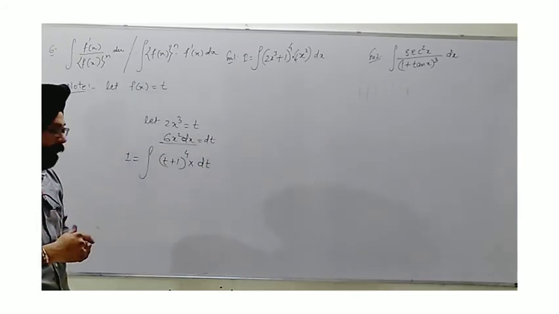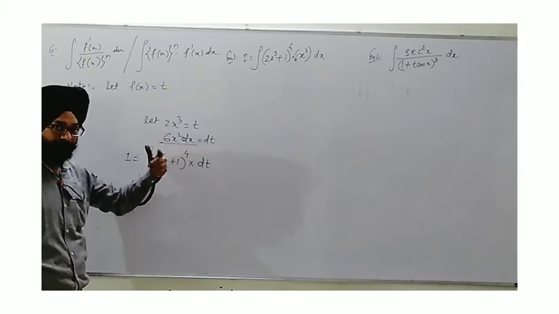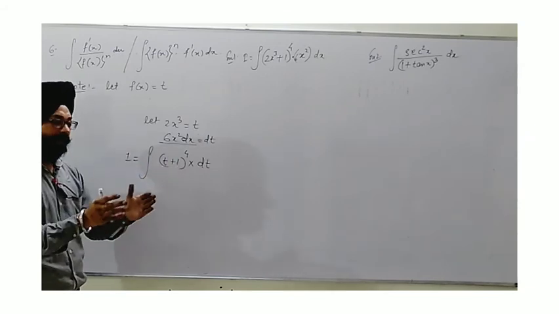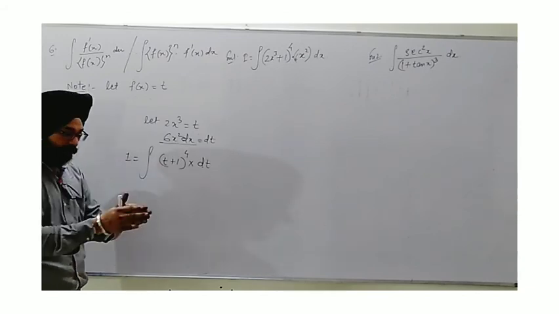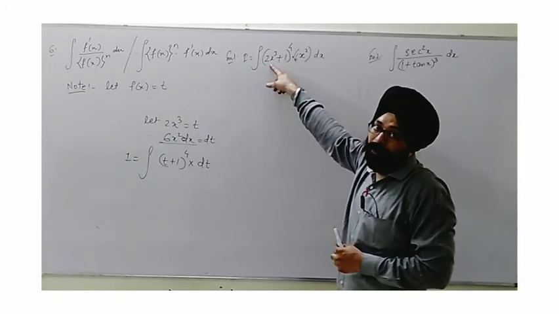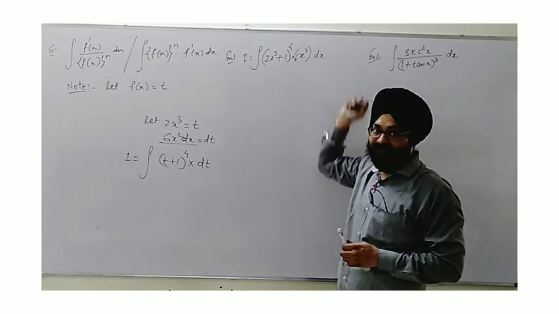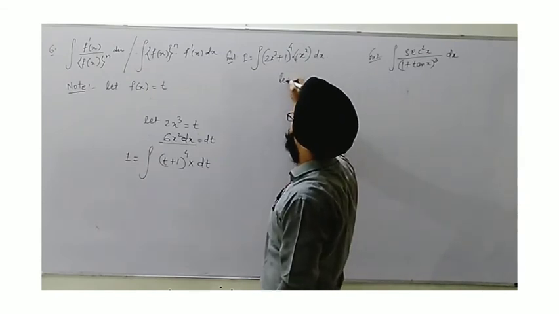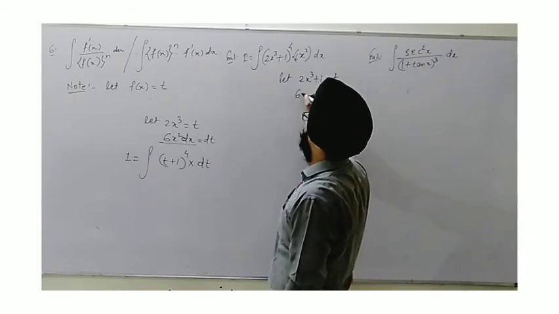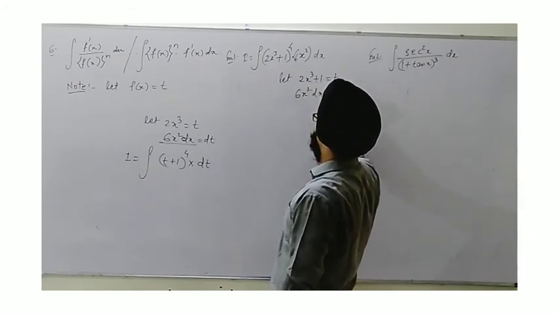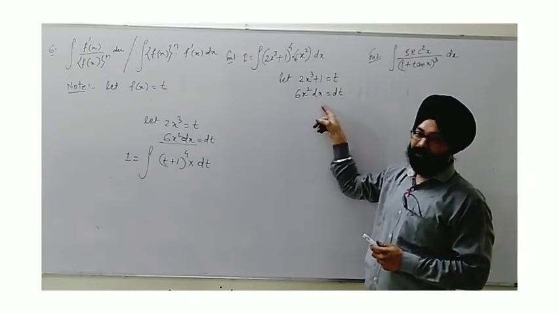What was the question mark here? The expansion of the binomial using the binomial theorem, which we have to do. So (t plus 1), we are at the same level, the difficulty level is still the same. Now, how to reduce? Second thing: in place of t as 2x cube, suppose you consider 2x cube plus 1 whole as t. Now see the change. Let 2x cube plus 1 be t. Now differentiate, and we still get 6x square dx equal to dt, as 1 is a constant, so it turns to 0.